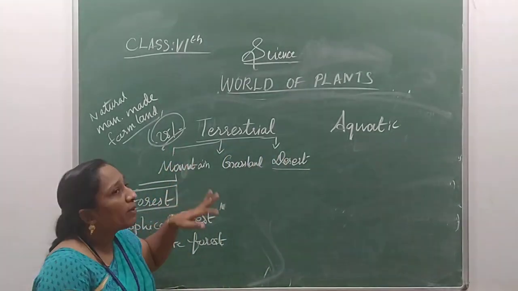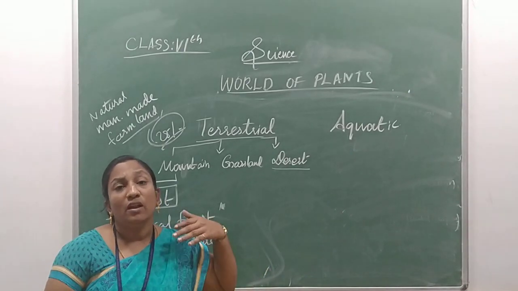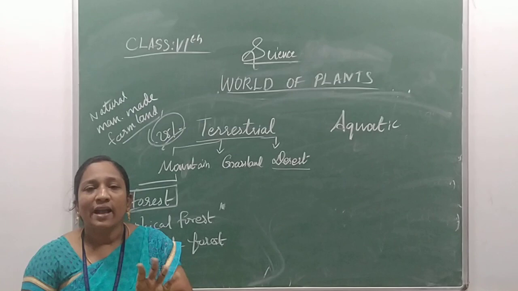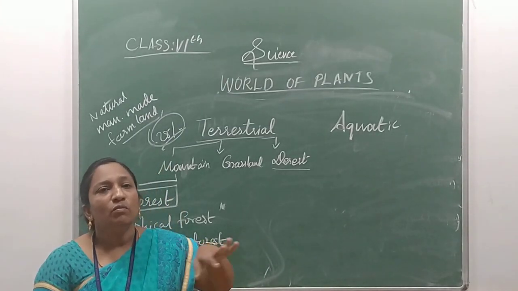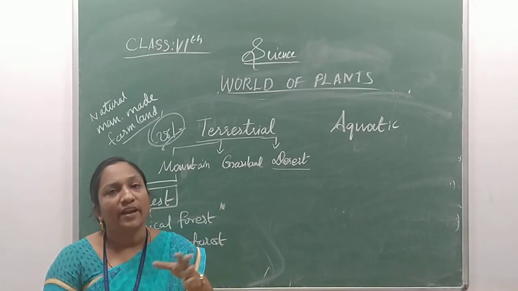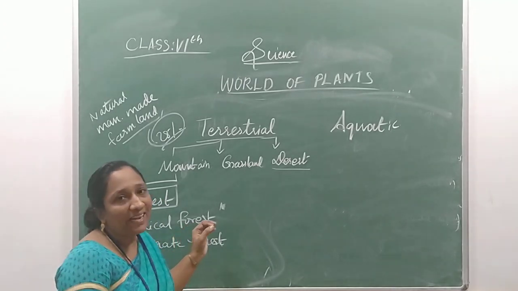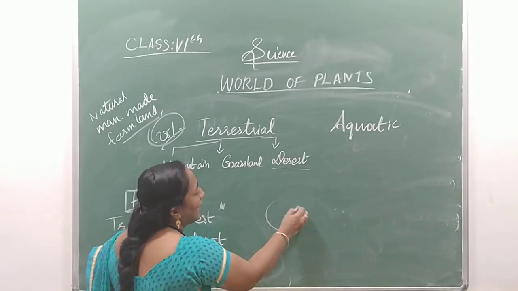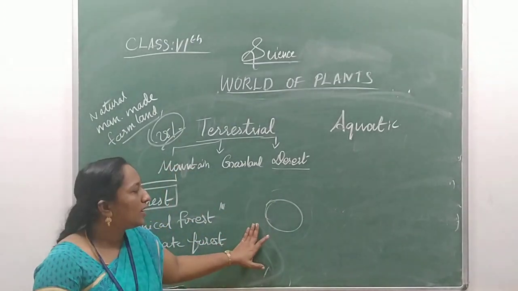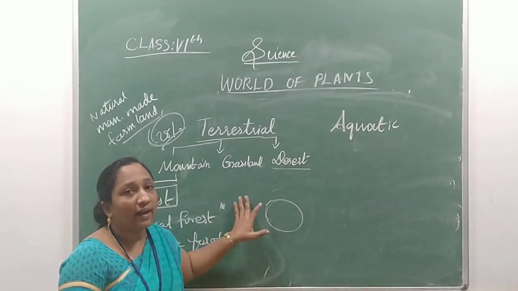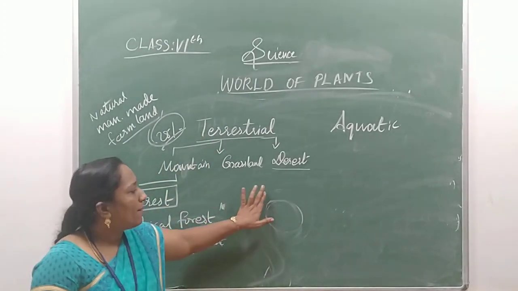And it starts from a large quantity. These terrestrial lands are divided into large continents or small islands. What are large continents? In Tamil, what is it? Kandam. So the entire Earth is divided into continents, and it also has small islands. What are islands? Islands are small land areas which are covered by ocean on all four sides, like Sri Lanka, Andaman Nicobar. So these are all islands. So these are all about the terrestrial habitat.